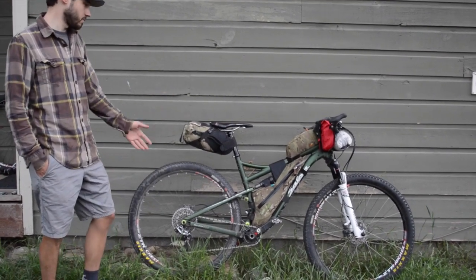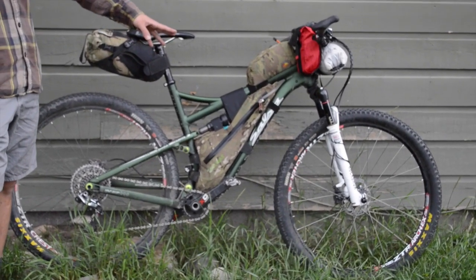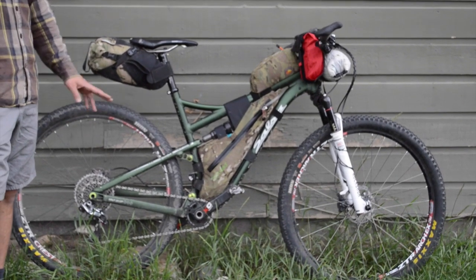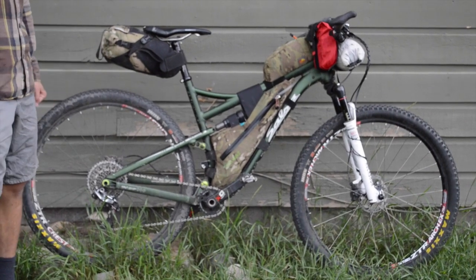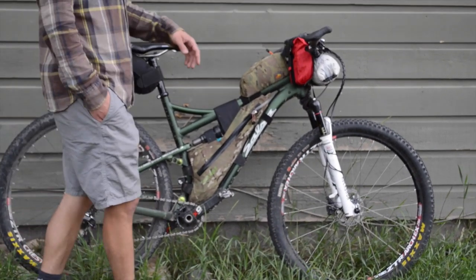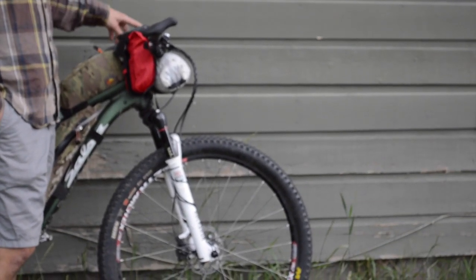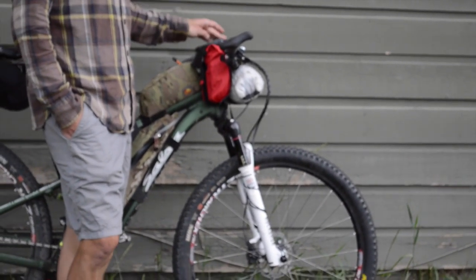So starting off, I am rocking a Salsa Spearfish frame, a SID RockShox XX World Cup fork, a 1x11 SRAM drivetrain with a 28-tooth direct mount Wolf Tooth front chainring, XT brakes. On the bars, I got some Cane Creek Ergon bar ends, ESI grips, and I'm running, just put this on today, an SP Dynamo hub with an Exposure